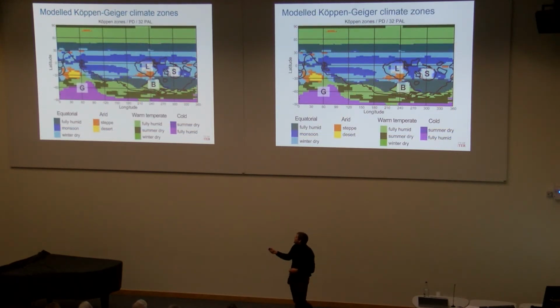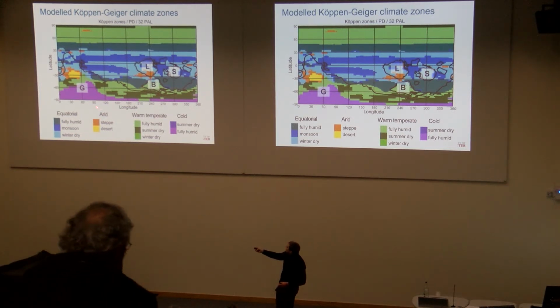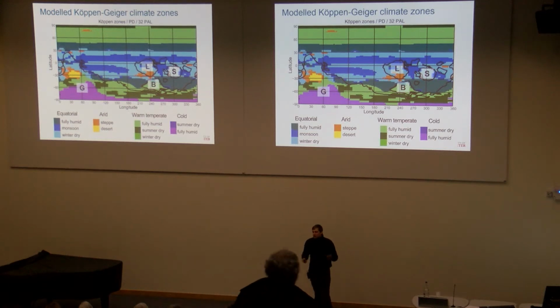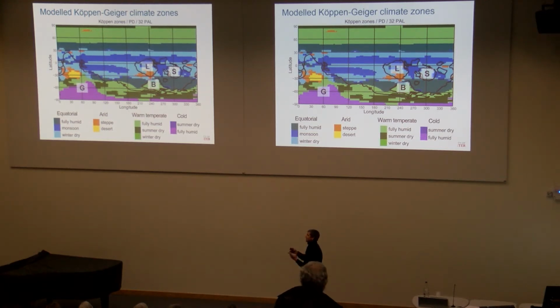And in doing so, we find that we have quite widespread arid and semi-arid settings. We have a monsoonal band in the middle and around the equator, and we do get down to some quite cold temperatures and cold climate regimes in the southern hemisphere. Great, but can we do anything more with this? This is still modelling and speculation. So